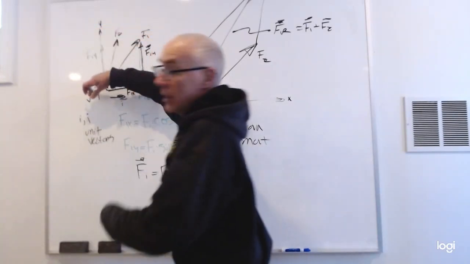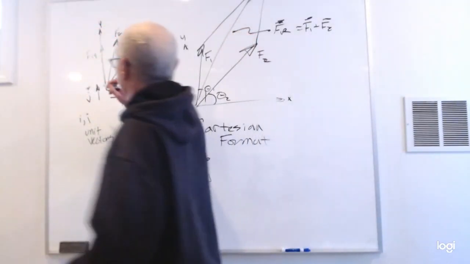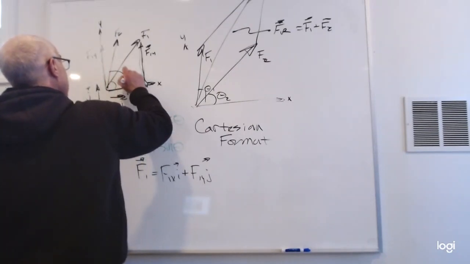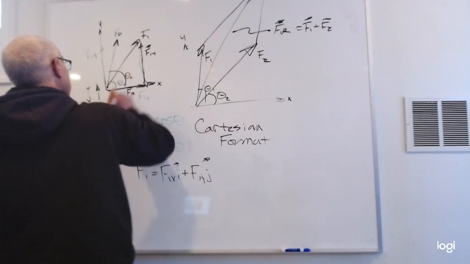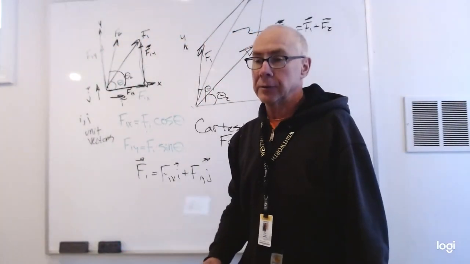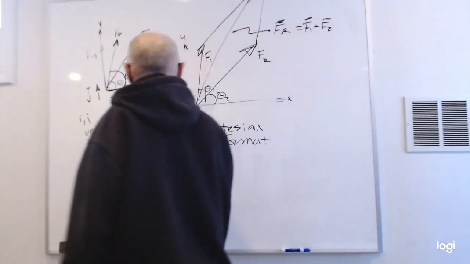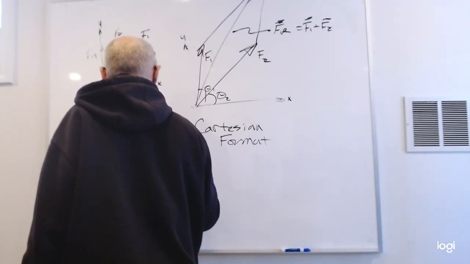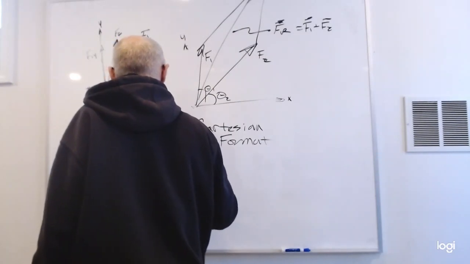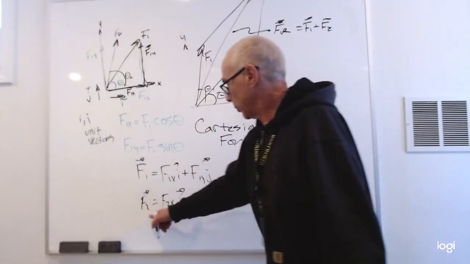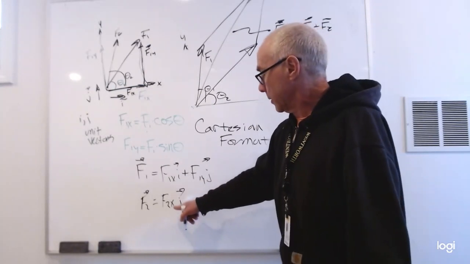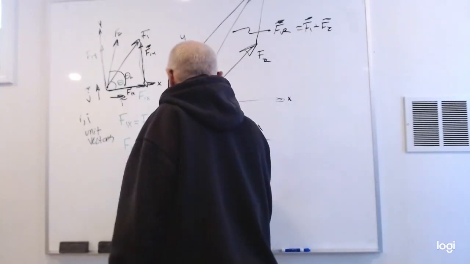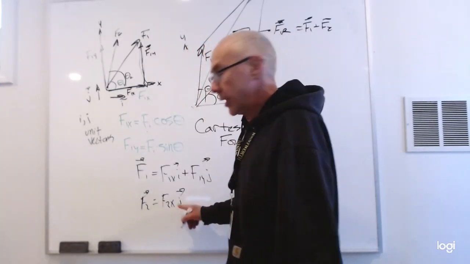And you can see it has a different magnitude and a different angle with the x-axis, which in this case I'll call theta 2. The other one I'm going to call theta 1. All right, so F2 is basically just going to be equal to F2x times i. In other words, the x component of our vector F2 times the unit vector i, which is in the x direction, plus